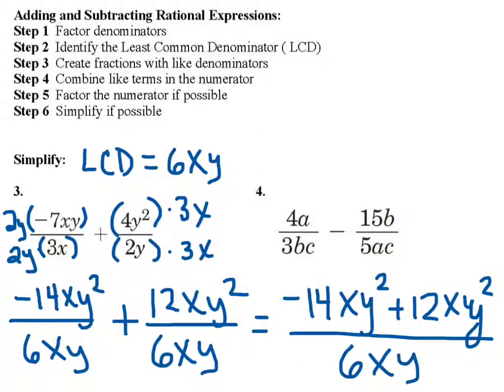Now, since our two terms in the numerator happen to be like terms, remember like terms need to have the same variables and those variables need to be raised to the same exponent. So, negative 14xy squared and positive 12xy squared are like terms. Combine them by adding the coefficients. I've got a negative 14 and a 12. That will give me a total combined answer of a negative 2xy squared